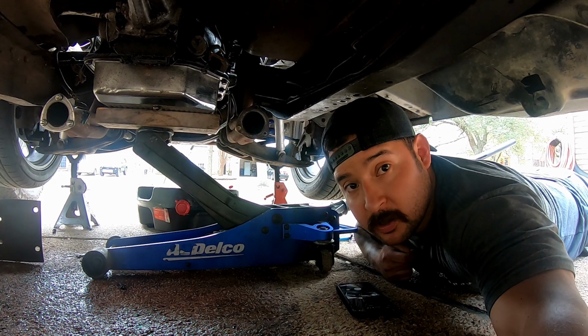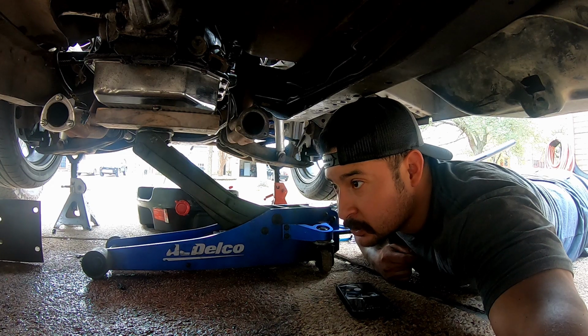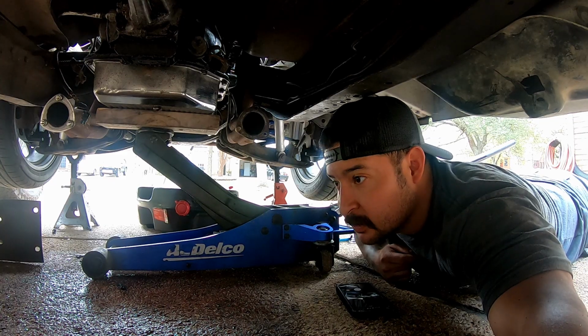I need a lift, bigger shop, or a house with a shop. Couple lifts, probably like a 40 by 60 or so at least. But anyways,